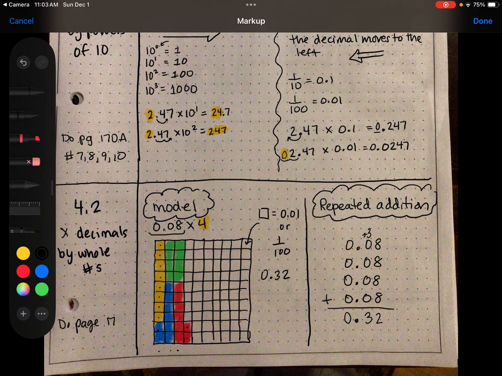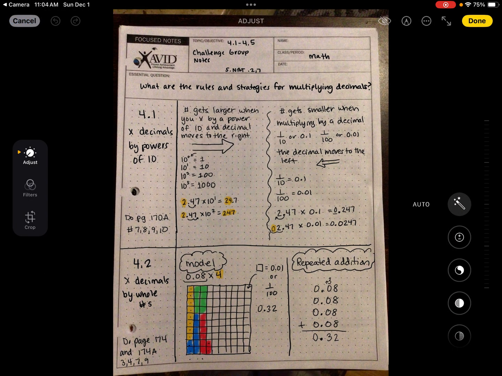So now that we've done this, you're going to pause the video and go to page 174 in your Go Math. So you're going to do page 174A, but you're only going to do numbers 3, 4, 7, and 9. And when you finish those and you're ready to move on, you'll get approval, and then you'll move on to the next set of notes. So go ahead and press pause, and then when you get approval, you'll go on to lesson